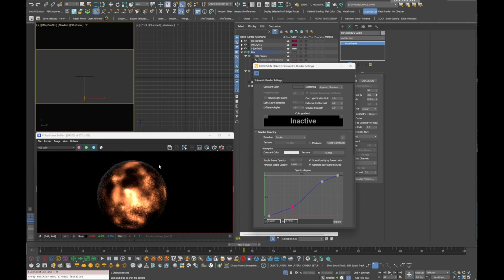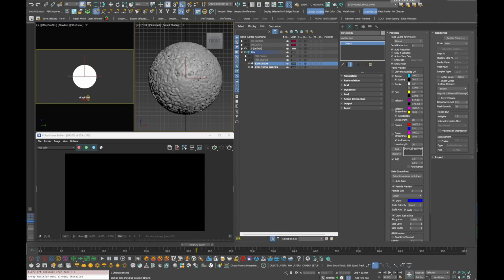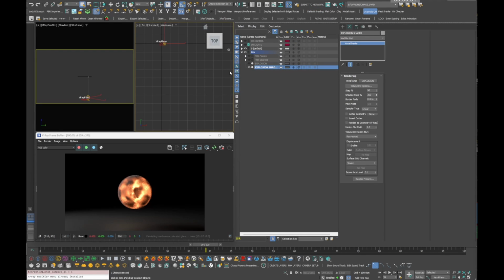And really play with these settings. It's really up to you and the effect that you're trying to achieve. And I'm not going to tweak this shader any further because when I start tweaking things, it can take hours and I dragged this video for too long. So let's move on. Now I have the voxel shader rendering as volume and the explosion itself rendering as a